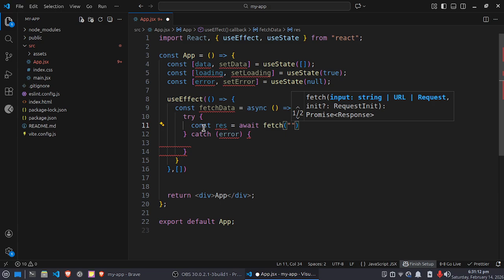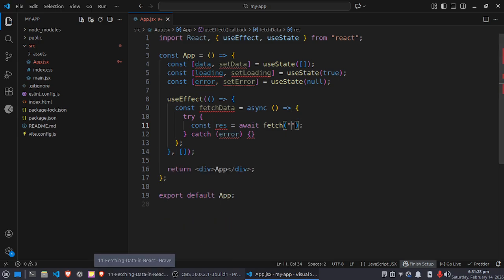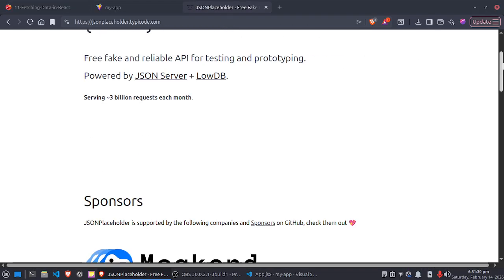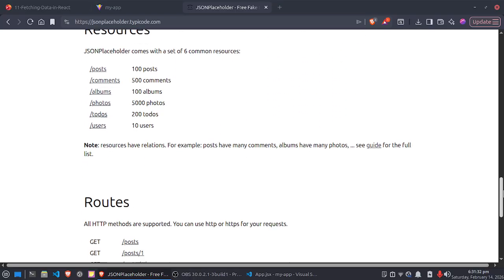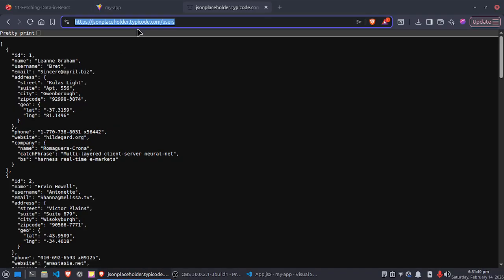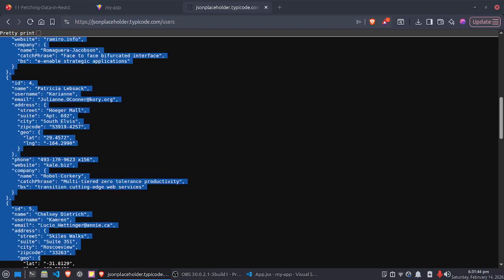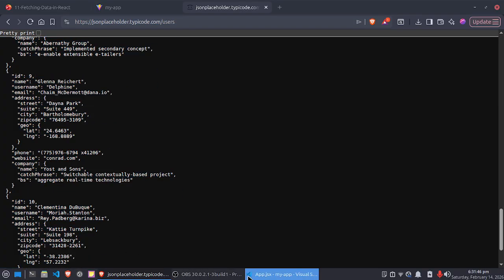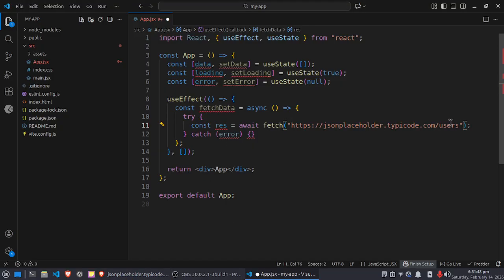Now, the URL is a fake URL, meaning a fake API. You can get the post data, comment data, album, photos, todos, and users. I'm taking the users and just copying this URL. This gives us an array of objects of user data. Just paste it here, and after that,